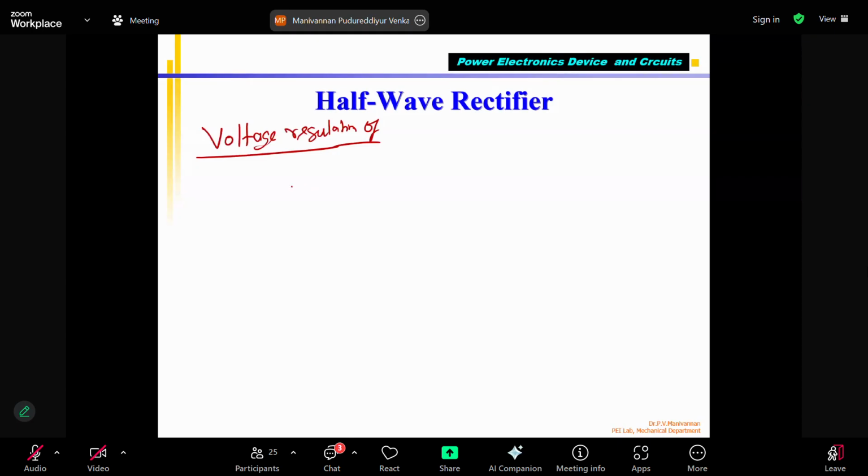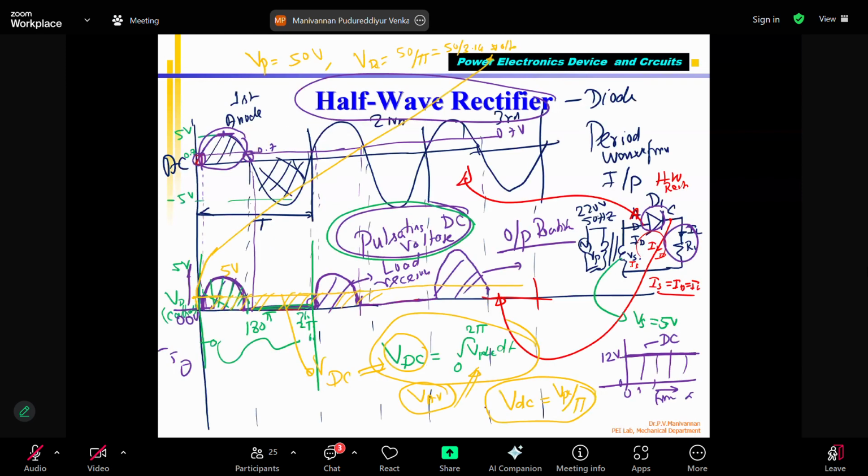I have, for example, understanding that the first thing is we need to understand what is voltage regulation. I have a power supply, which is a DC power supply, plus and minus. This one, this VDC, V average, we are calculating on this one, correct? So we know that